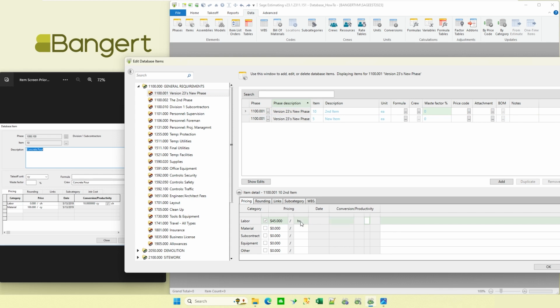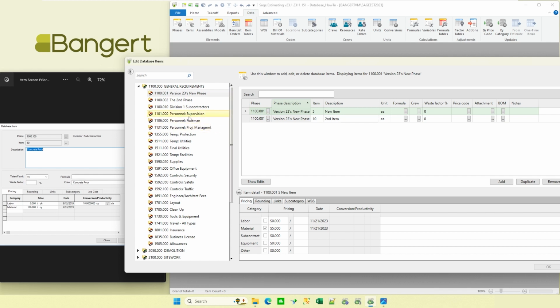I'm just going to say per HR for hour. Since I'm taking it off up here as each, and I'm pricing it down here per hour, that's when the conversion comes up. It says, well, how many of them per hour? Or if I hit the little flip, how many hours per each does it take, and so forth. So in this case, whatever it is, I'm going to say that we can do 10 of them an hour. And when I hit OK, those are now in that database, something I can use. So it's a similar function of getting an item in there or changing the descriptions, but real nice because I could go through and see more than one at a time.